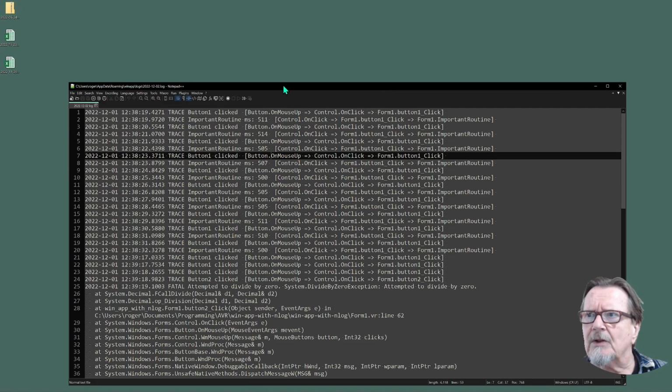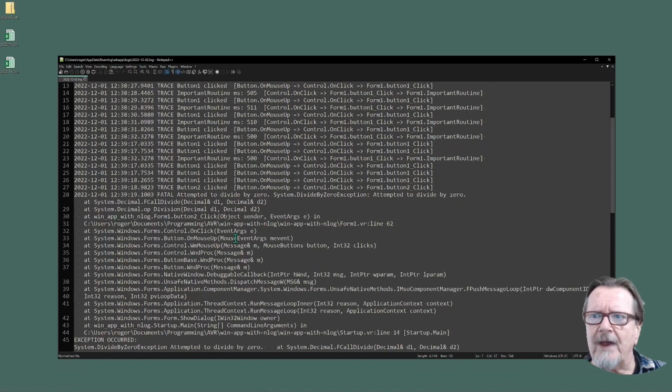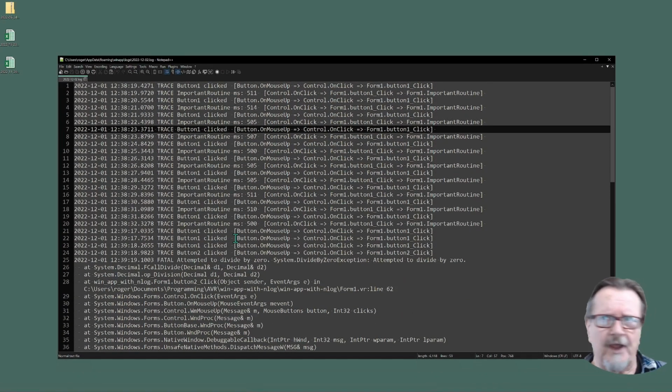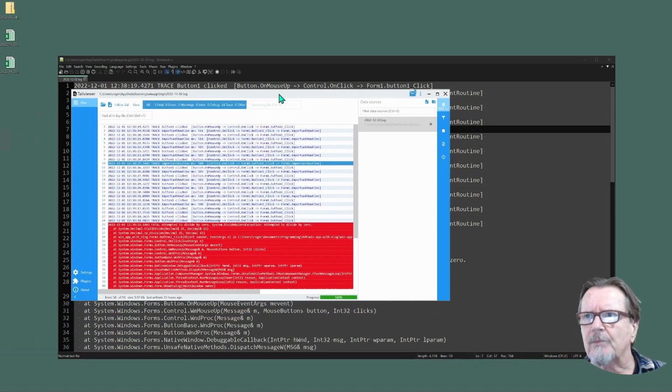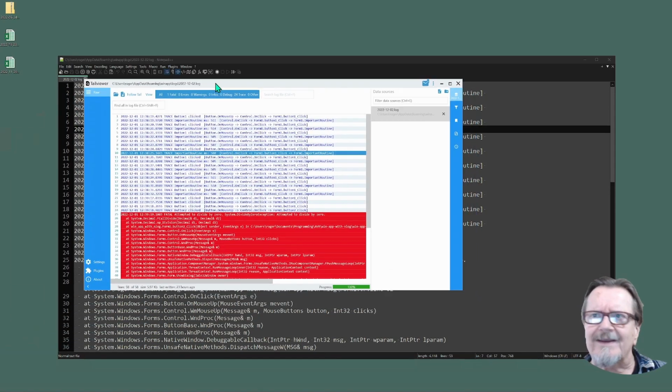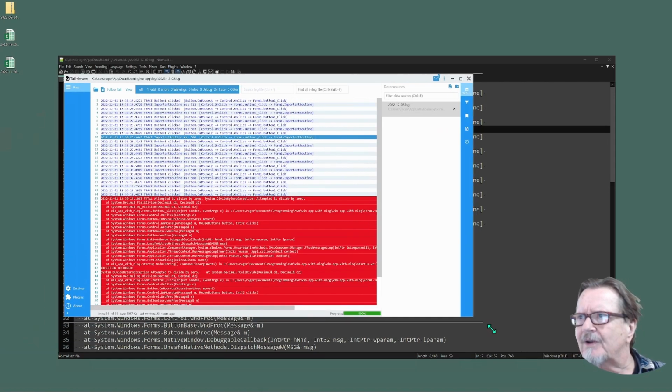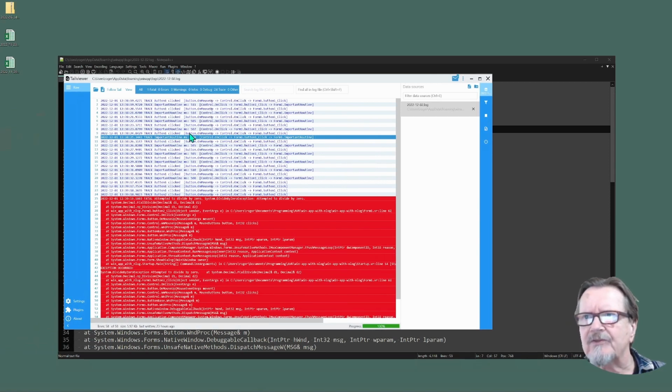Now you see me looking at this log here with Notepad++, and that's an okay way to look at logs, especially if you only look at them occasionally. And I'll show you the links on this in a little bit. But you might want to get you a dedicated log file viewer. Now this one doesn't let me change the size of the font, at least as far as I know, but